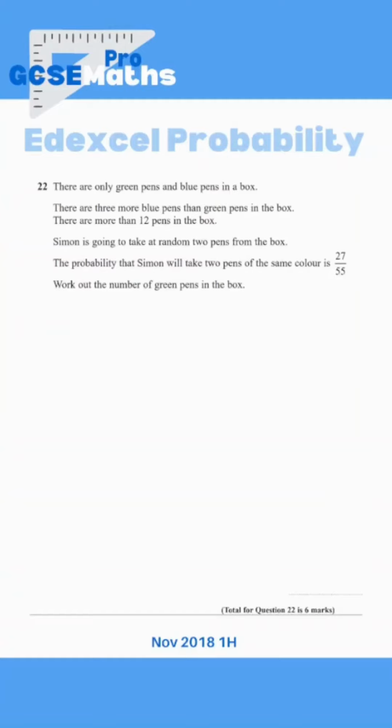Here are some of the hardest Edexcel probability questions. Do you know how to tackle this one, which is 6 marks? Here we've only got green pens and blue pens in a box. There are 3 more blue pens than green pens, so immediately I'm thinking, let me just write that down with